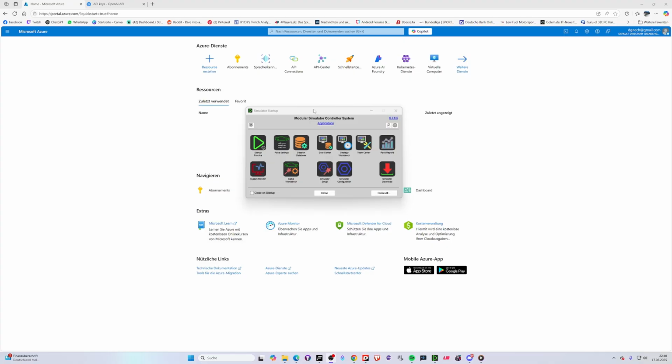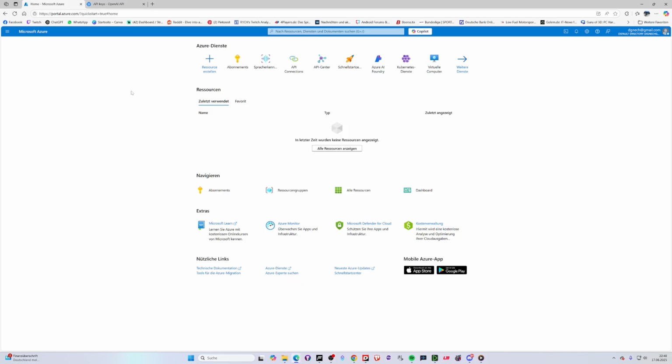And then just in the process of setting up Simulator Controller, you can directly enter the existing keys that you've prepared already. Going into the Azure portal, first of all, you need to register yourself. I'm not showing now this process, as at the end of the day it is pretty self-explanatory. You have to provide a credit card for both services, but the amount of tokens that are for free are pretty huge. So I'm not expecting that there is a lot of money that you have to spend. But even if it is a few cents that you potentially have to pay for the amount of calls that